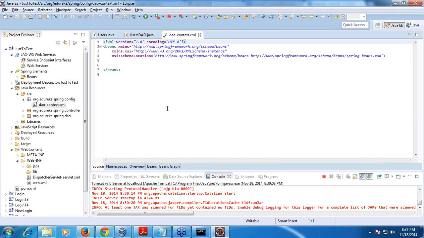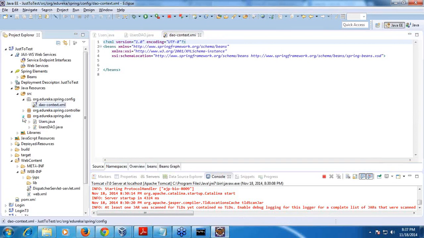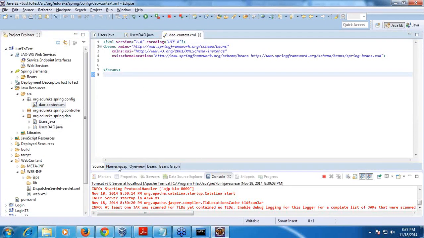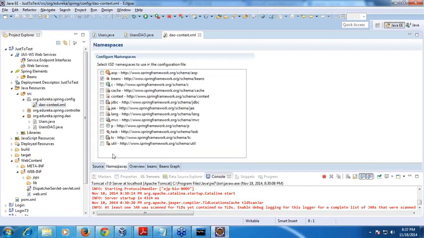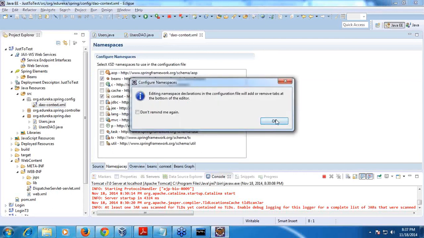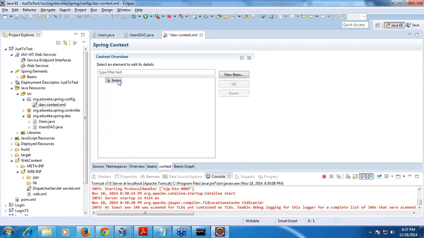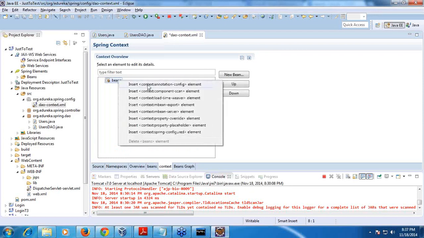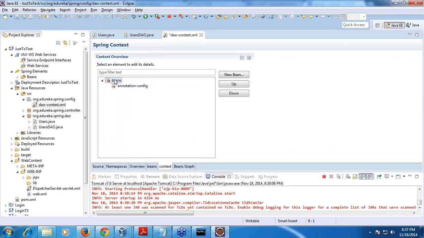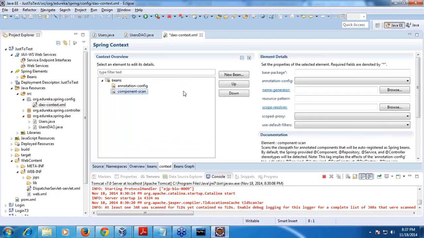Now I need to say there are some Java programs here. How to map it? Same step. Click here, go to context, say yes. Now the tag will come. You come here, right click in text, context annotation config plus component scan.